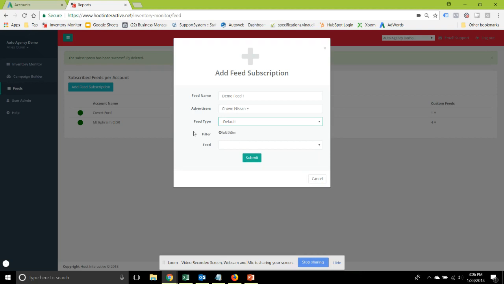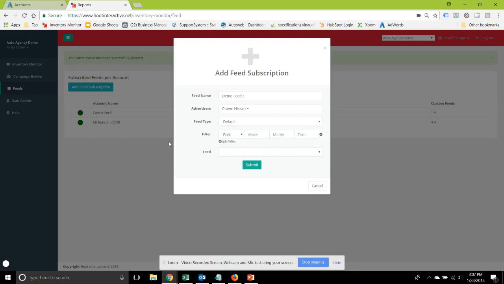Now, if you created a default feed and didn't apply any filters to it at all, you would essentially be producing exactly the same feed that you already have with that Facebook and AdWords feed link that you have in the dealer portion of the interface. So these are really only helpful when you do add a filter, and I'm going to go ahead and add